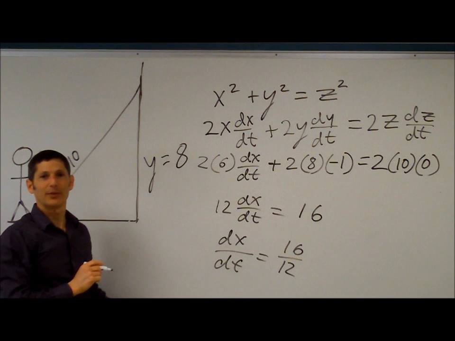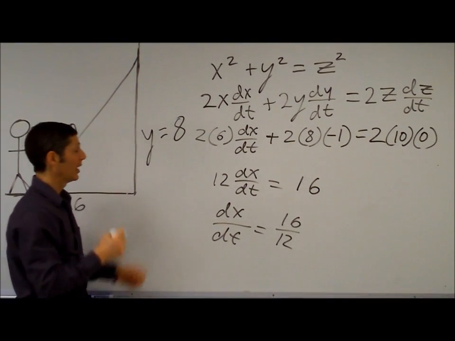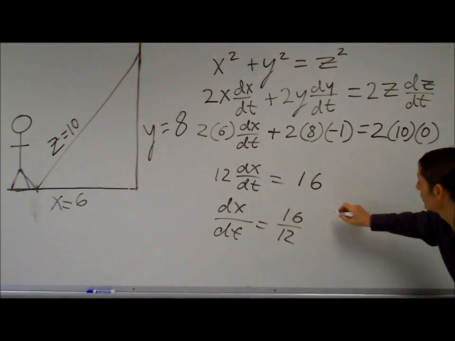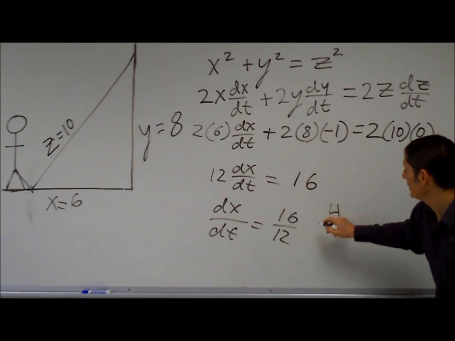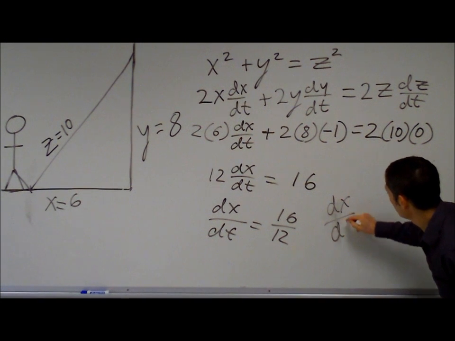Were you going to say something, Ms. Stewart? I was just going to say you're just doing algebra at this point. I'm just doing algebra at this point. I'm just solving for dx dt, which is how fast the ladder is moving, and I'm done. 4 goes into that 4 times, goes into that 3 times. So dx dt equals